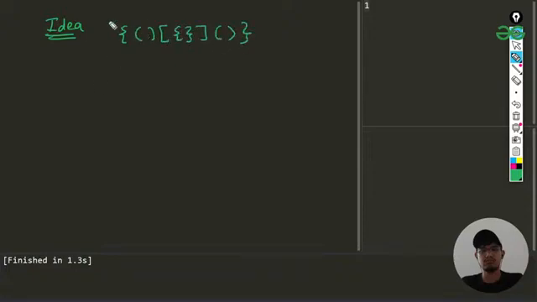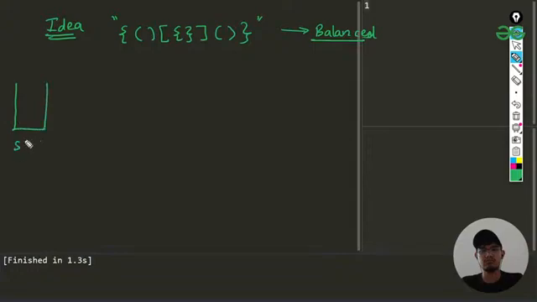This is just a randomly created string of parentheses basically. Now we need to check whether this is balanced or not. In this case this is balanced, as we have already seen. Now let us see how we'll be solving this. Basically we'll be creating a stack. This is the first time in which we are using a stack, and in addition to that we'll also be iterating and checking the values here.